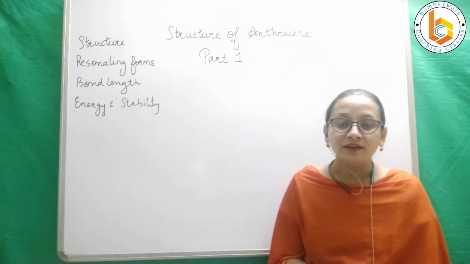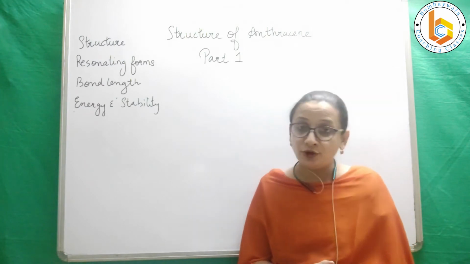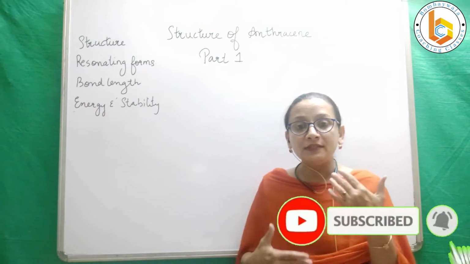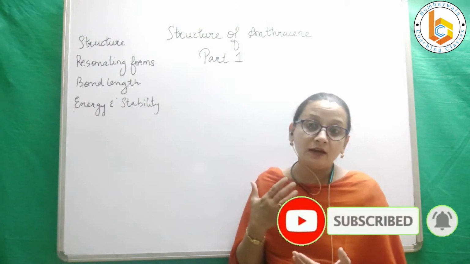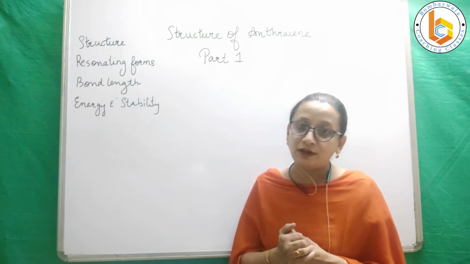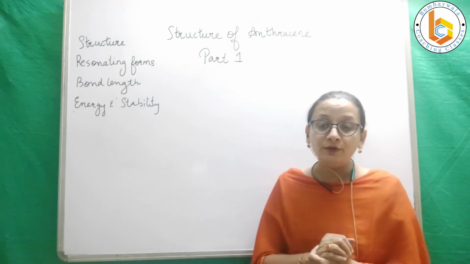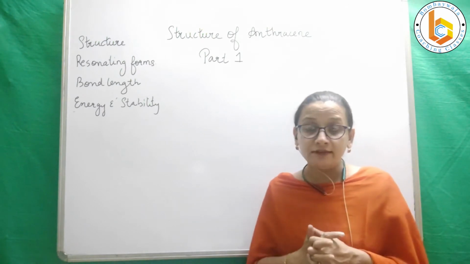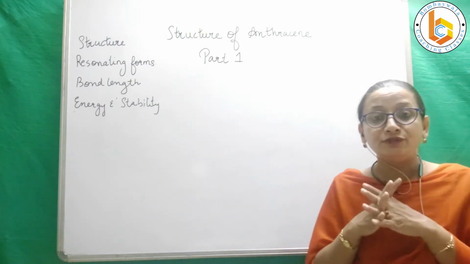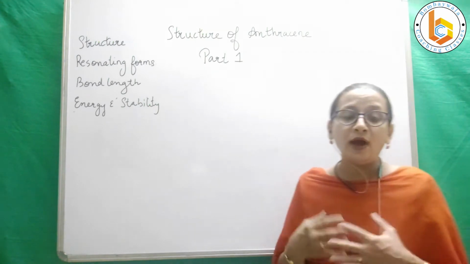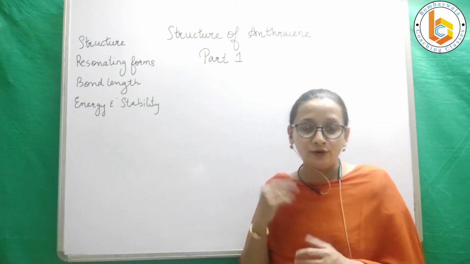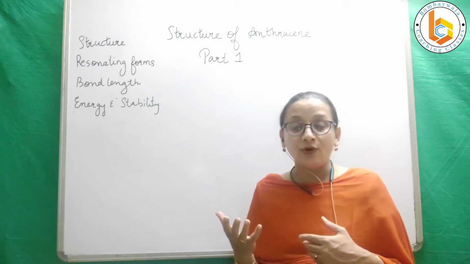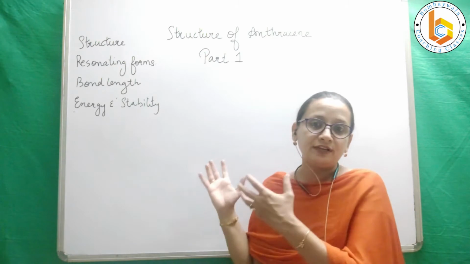Organic chemistry, right? And today we are going to talk about polynuclear aromatic compounds, and we are taking the topics one by one. Like in our last videos, we have talked about the structure of naphthalene, and today we are going to talk about the structure of anthracene. My dear friends, understand this, that if we know naphthalene, then we know anthracene, we know phenanthrene also. Just to give you an idea how to write it or how to understand it once again, I have taken up this video.